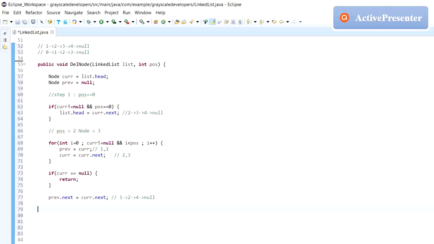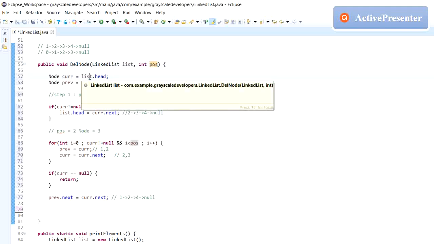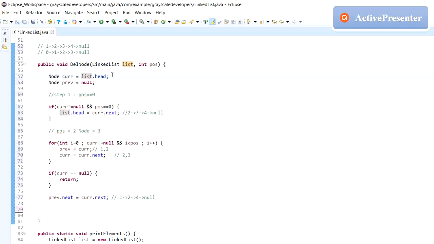I will just explain to you again and then we will see the output. So what I did here is, I want to delete a node at position 0. First of all I need the head node, because from the head node only I can traverse. So I am taking the head node as current node, and then previous. For the first time there is no previous node. If the pointer is at 1, there is no previous node. So I am making previous as null.